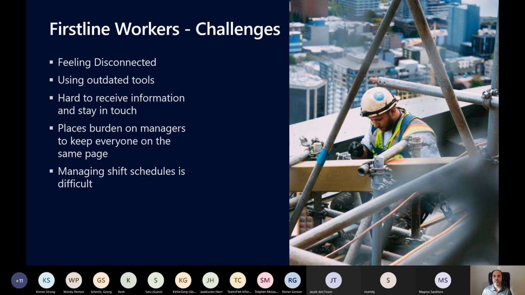So they feel disconnected. The tools that they work with are often outdated. So even today, we still find a lot of fields where people are filling in paper forms. You lose the form or something is illegible or something happens, that information is lost. So it's really difficult to make sure that these people are not just engaged, but also that the work they're doing is properly managed and tracked. And that is putting a lot of burden on the workers. It is putting a burden on the managers who have to then support them. And there's just complete discontinuity in how they work.